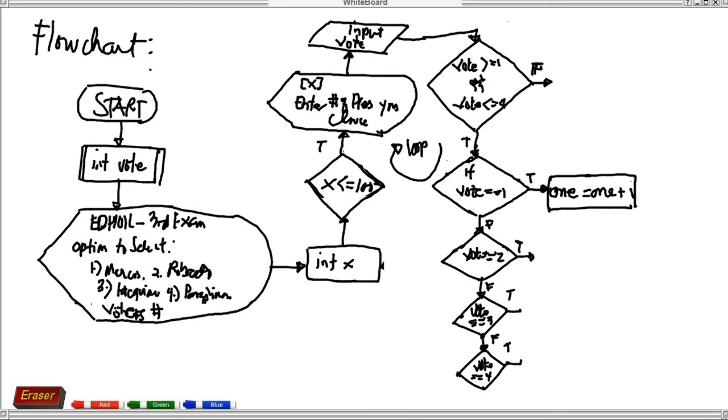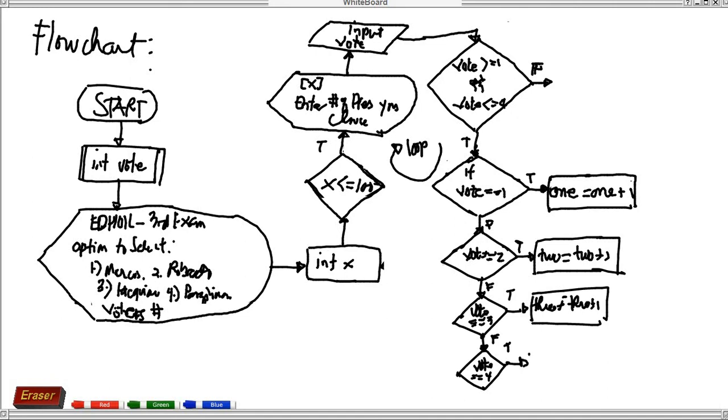to do, okay, we're just going to have, say for example, let us say 2 is equals to 2 plus 1, okay. This one, what we're going to do here is just, let us say 3, so 3 is equals to 3 plus 1, okay. Here 4 is equals to 4 plus 1, okay, 4 plus 1. So after that, after adding, it will go to